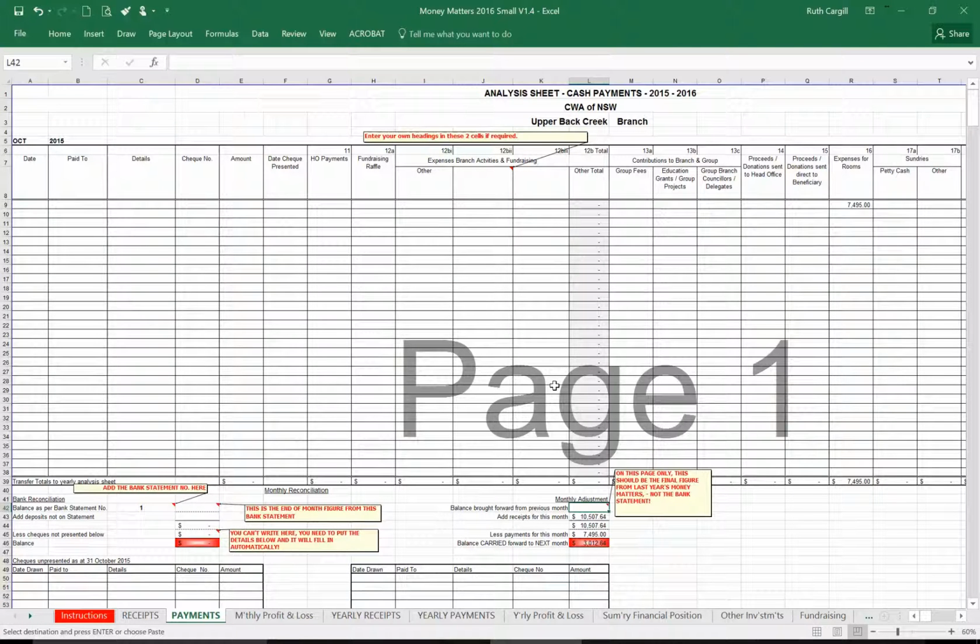This is an introduction to the payment sheet for Money Matters for CWA of New South Wales. So once you've finished your receipts, you can go to your payment sheet. You'll notice that your branch name and the year and the year period are all automatically there from the previous